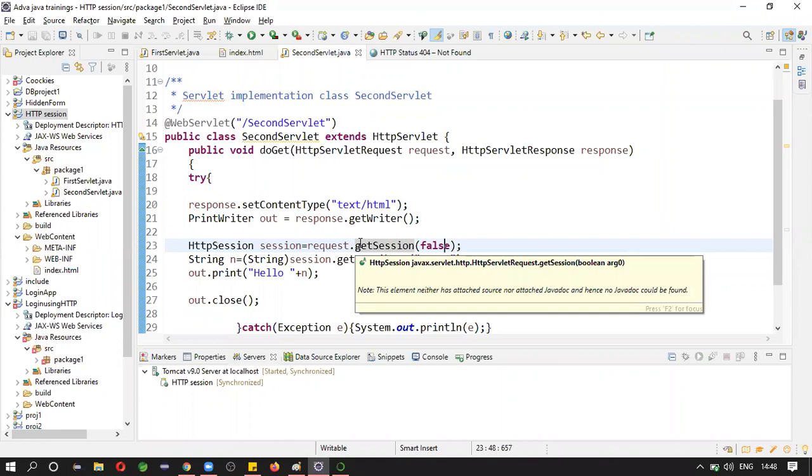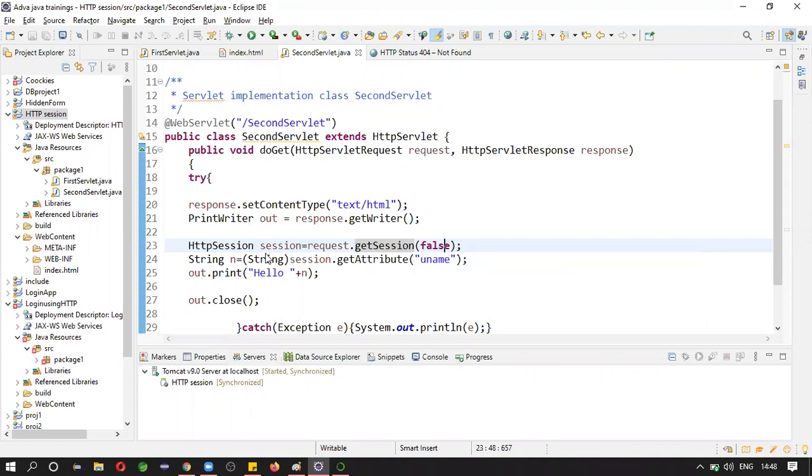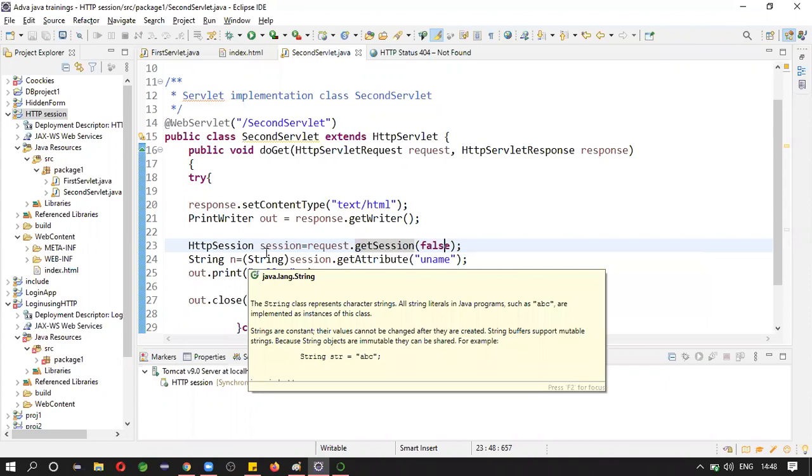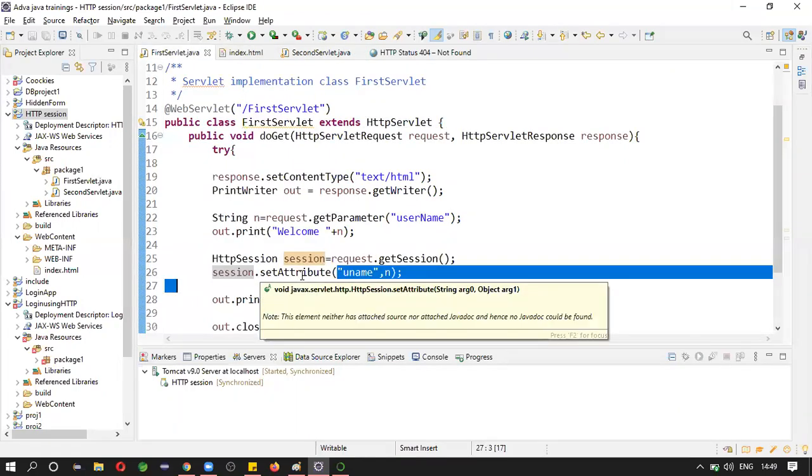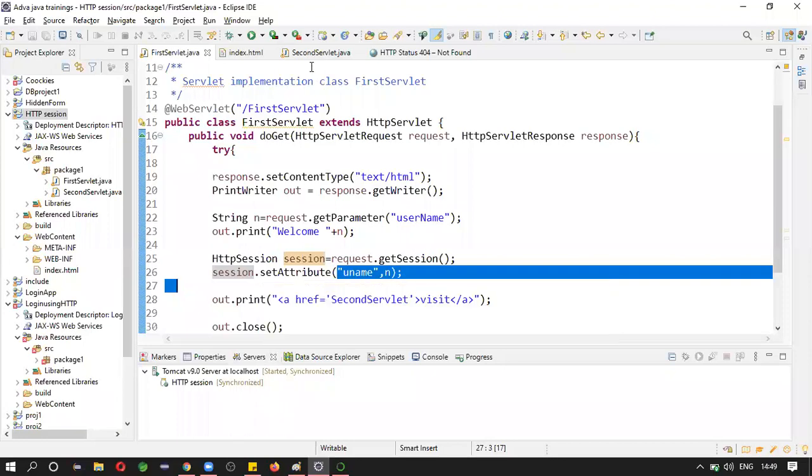If there is no session, it means this is the first request, and you are not going to accept that, so that person will not be able to do anything. Further, if it is already available, since we created it from here, it is available to all the servlets.